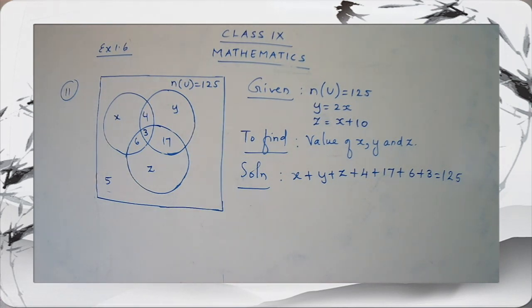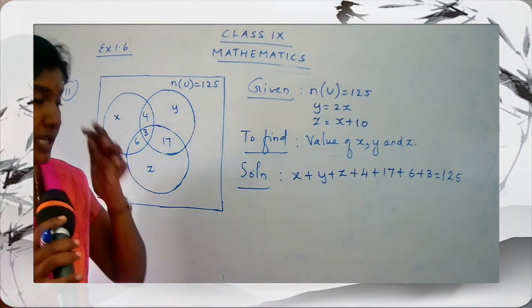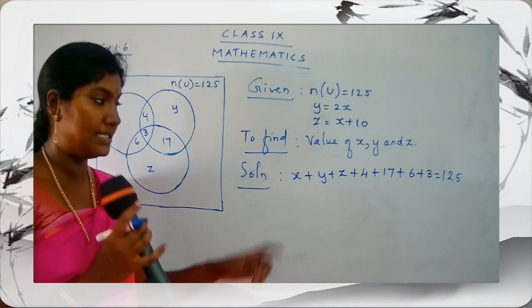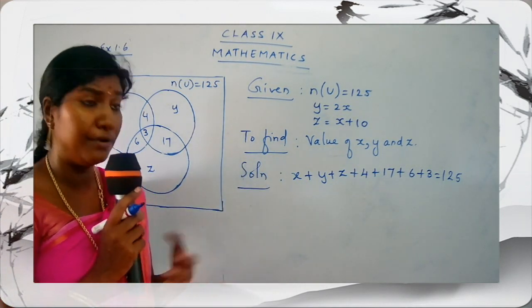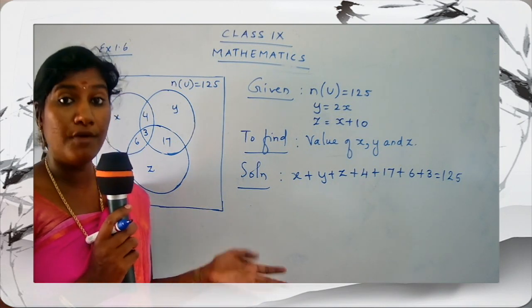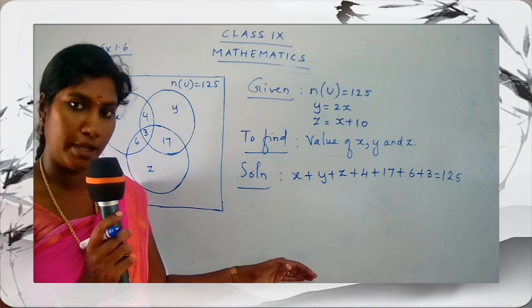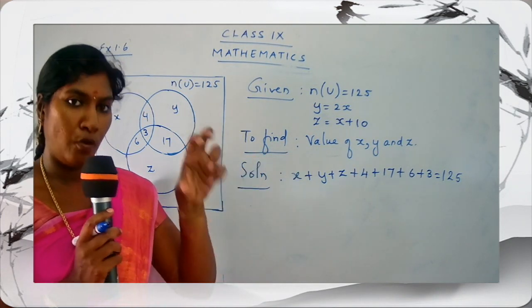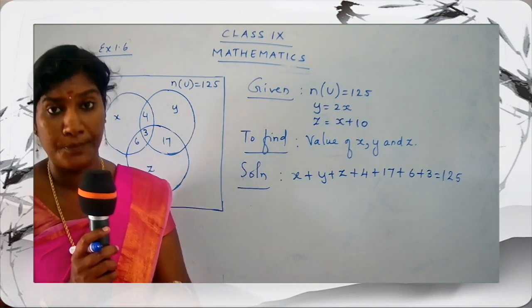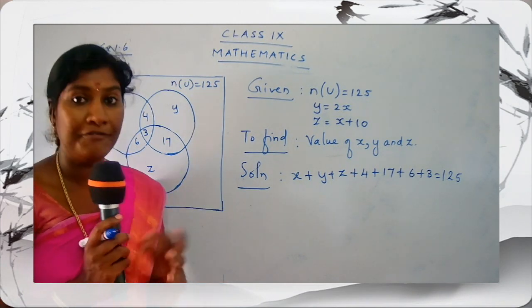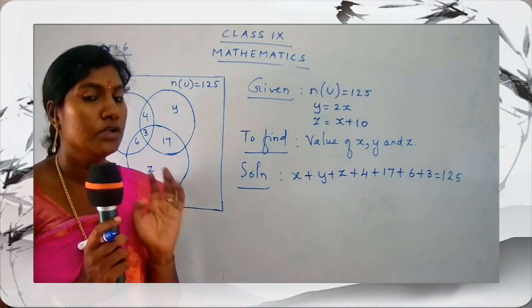Okay. Now let's move further. So we are going to substitute the values. See here, I cannot find the value if 3 unknowns are here. One is x is unknown, y is unknown, z is unknown. I don't know the value for x, I don't know the value for y, and I don't know the value for z. So we cannot proceed with the sum in this format. Okay, are you getting my point, children? If you have a question, you should get only one unknown. If you have one unknown, we can find the answer. You getting my point? So what is the condition?